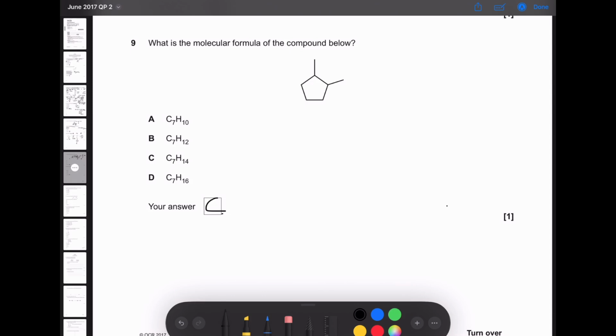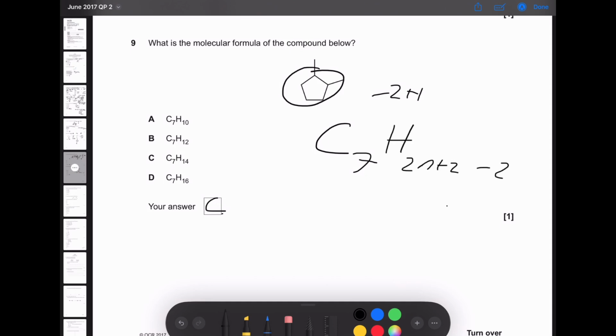So the way I would do it is you go 1, 3, 4, 5, 6, 7. So you've got carbon 7, and then I've got a benzene ring. I've got a ring here, so that's minus 2 hydrogen. If I had anything else, that would mean I'd have to minus 2 hydrogen. Well, I've not got a double bond, and I've not got any other. I've only got single bonds. It's a saturated compound. So I've got 1 ring, so minus 2 hydrogen. So go C n, H 2n plus 2 minus 2. So this and this cancel out, so it's